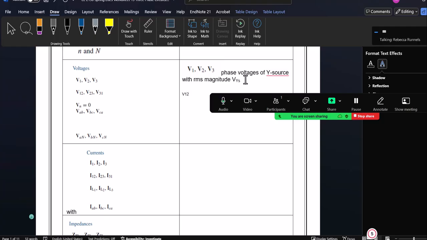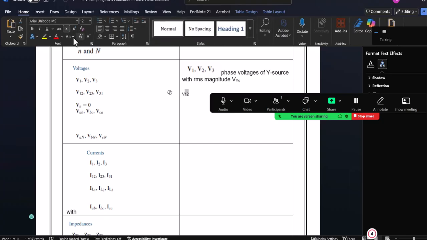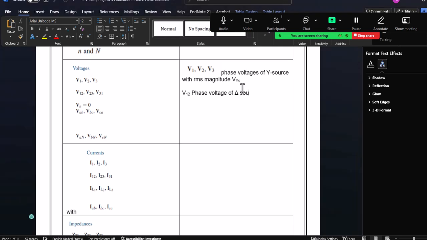So something that looks like V12 is the phase voltage of a delta source. And with RMS magnitude,